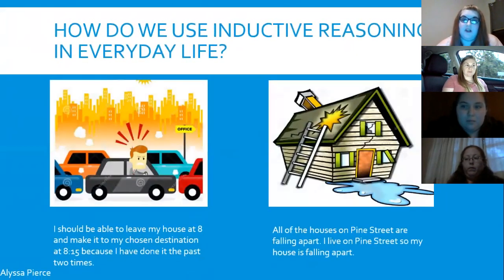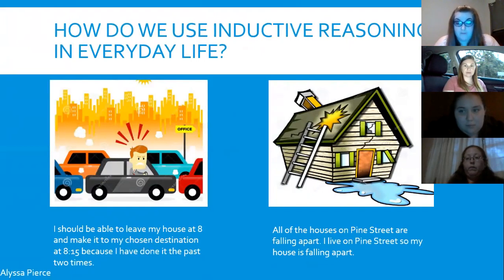How do we use inductive reasoning in everyday life? At the bottom, you'll see a guy sitting in traffic, and it says, I should be able to leave my house at 8 and make it to my chosen destination at 8:15 because I've done it the past 2 times. You're taking 2 specific times, and you're coming up with the generalization that you'll be able to make it again at 8:15. What you don't count on is traffic or a flat tire or anything like that,